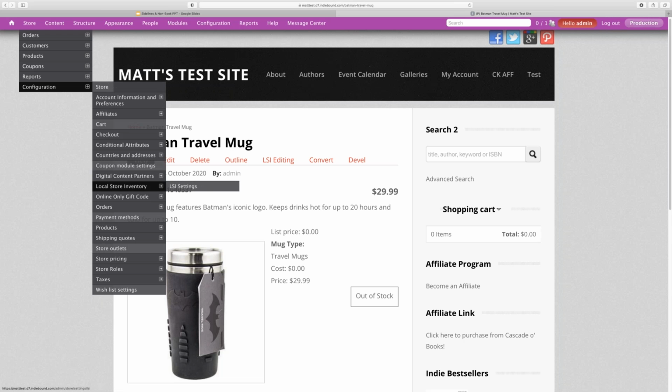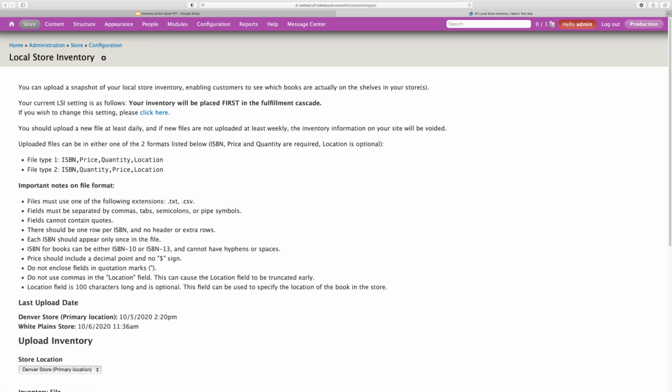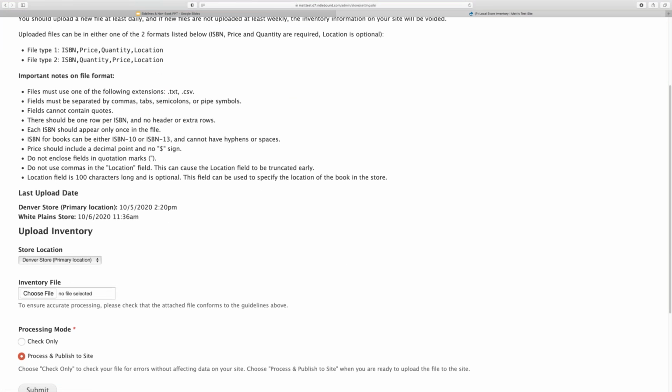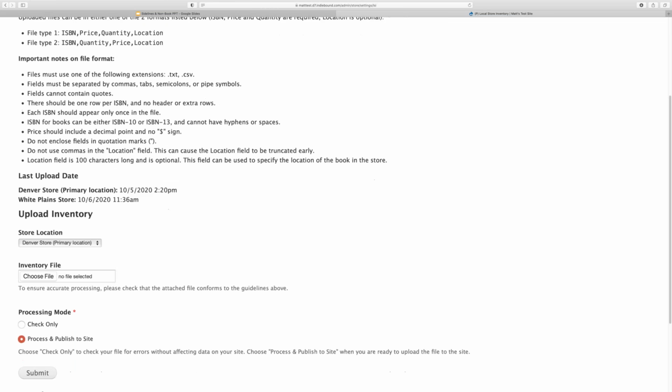So I'm going to go to the local store inventory page. This is what we call the manual upload method. Some of you may use this method to supply files for your site already. And